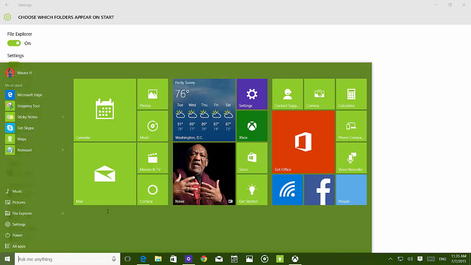You're also going to see the new icons on the taskbar. As you can see, now they don't have a tile background anymore, and they're just one color. You will see those more on apps designed by Microsoft,